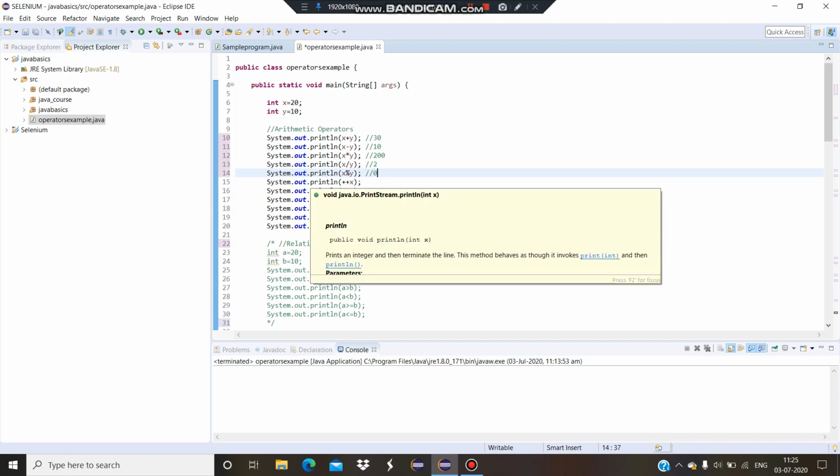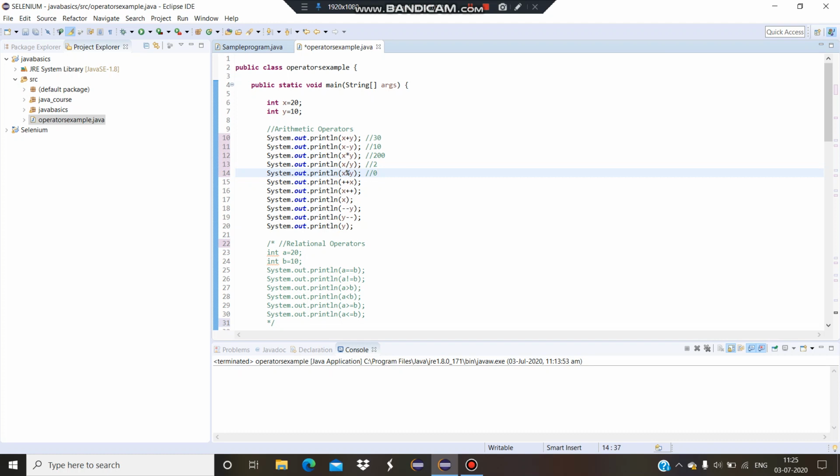Next, we are going to learn pre-increment and post-increment. As the name suggests, pre-increment will increment the number first and then print the result. So ++x will give me definitely 21.